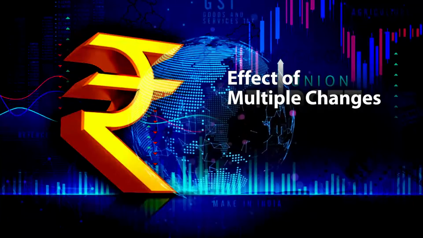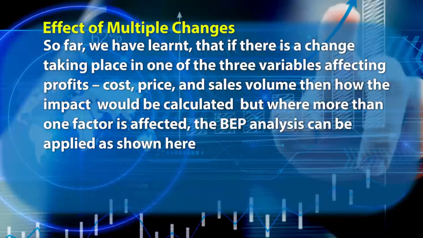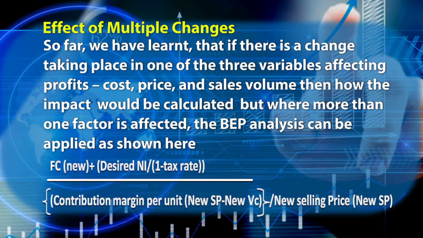Now let's understand the effect of multiple changes. So far we have learned that if there is a change taking place in one of the three variables affecting profits, cost, price and sales volume, then how the impact would be calculated. But where more than one factor is affected, the break-even point analysis can be applied as shown here. Fixed cost new plus desired net income divided by 1 minus tax rate, this whole divided by contribution margin per unit, which will be calculated from new selling price minus new VC divided by